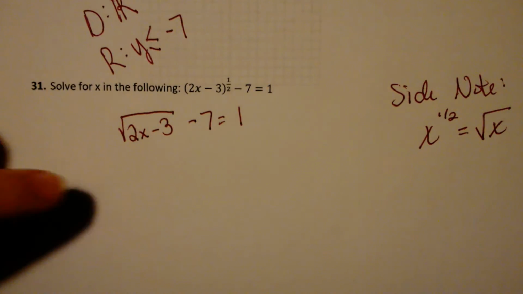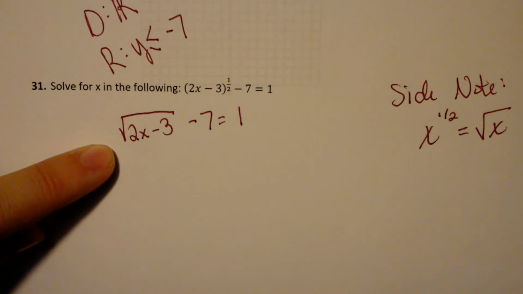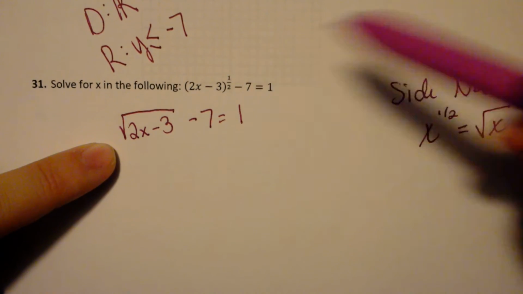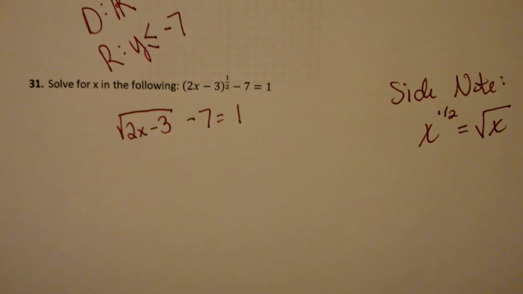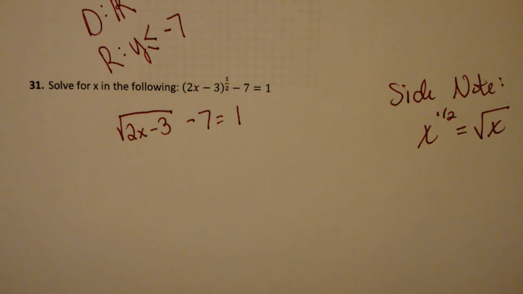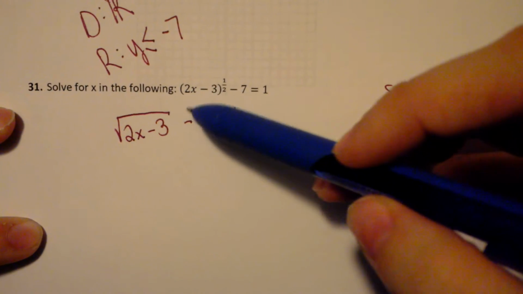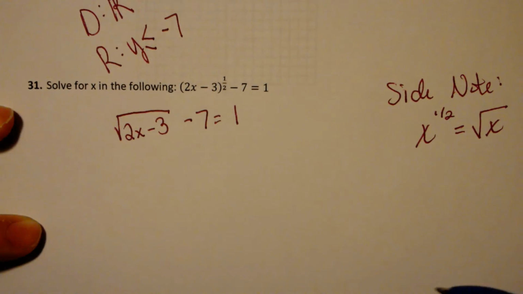For this class, I like it better, the square root symbol. But for more advanced maths, it's going to be more beneficial to have that 1/2 as an exponent. With this class, we're just learning that the 1/2 power is the same thing as the square root. So that's the only use